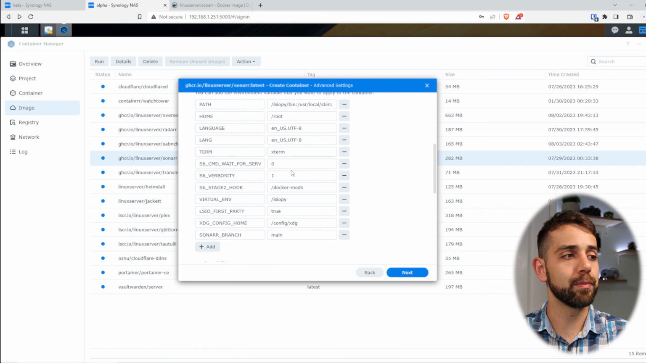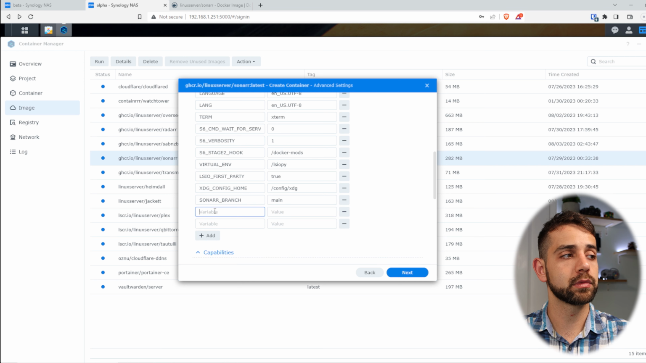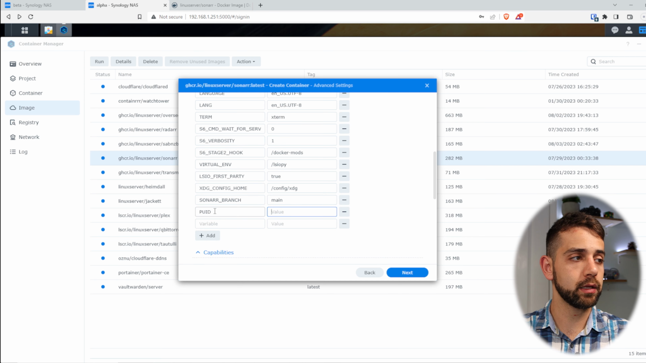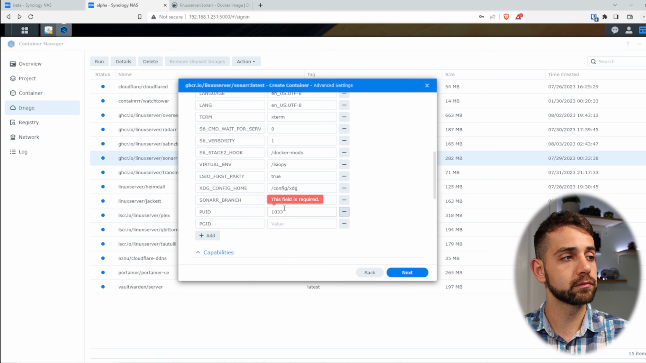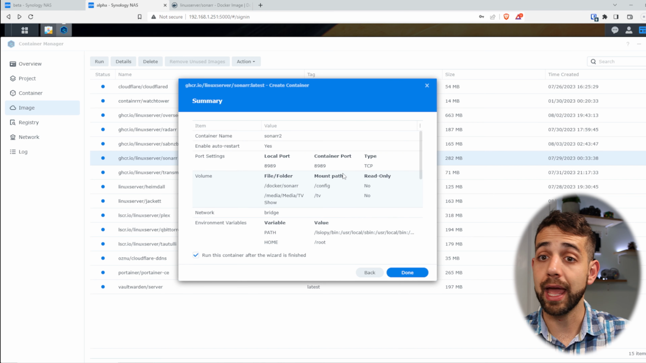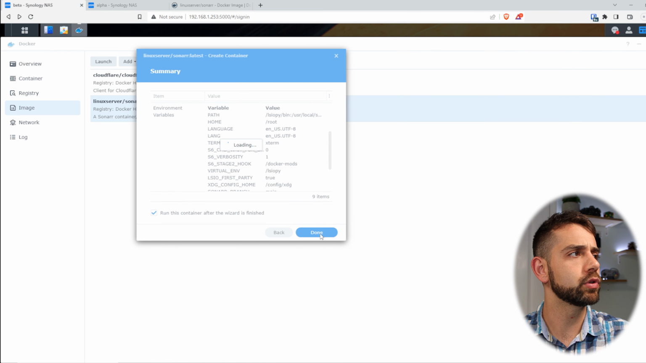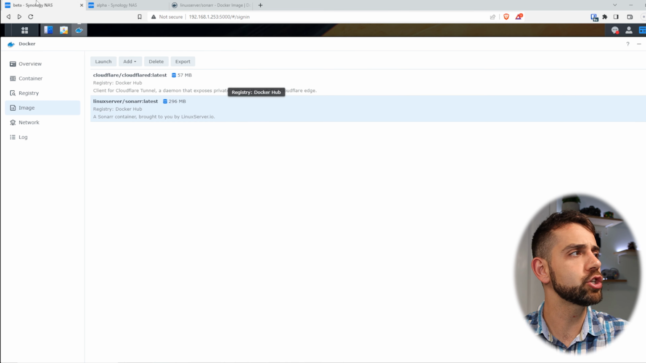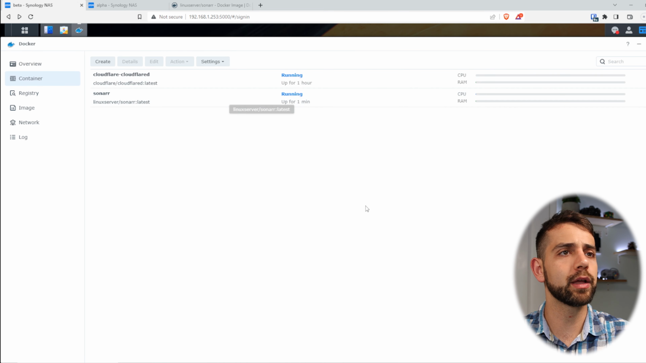And now my paths, I will add 2, that will be PUID, PGID. I put the values that I have, and I put next, and basically the same. So let's close it and come here, put done. What will happen? They will install this application, will pull it, and here will be the container, and that they